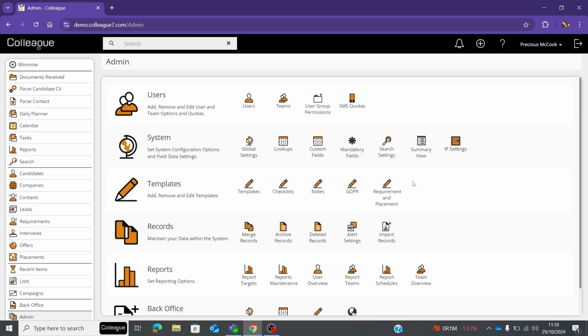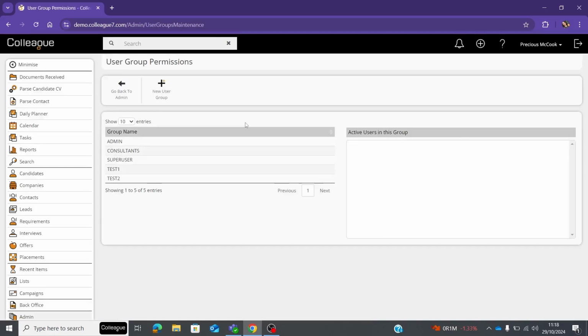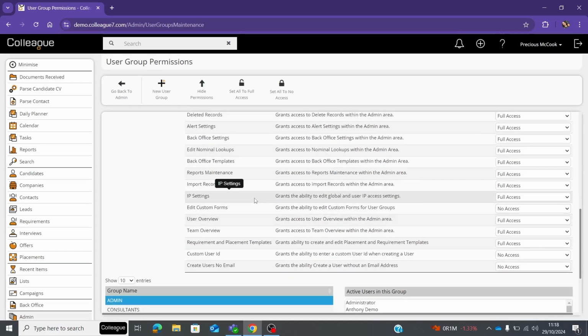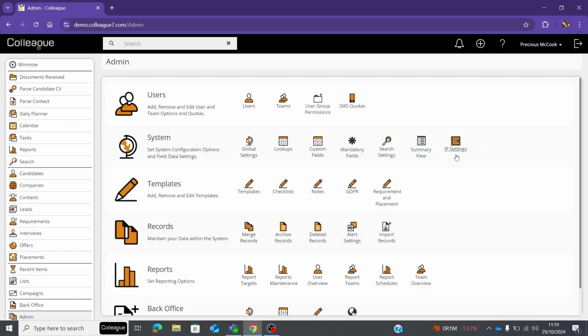So firstly, how you do this is you'd need to make sure the IP settings is all set up within the user group permissions section. So if you select that and go through to where it says admin, and then go down to where it says IP settings and make sure this says full access. Once you've done that, if you head back to the admin section, the IP settings icon will be available to you. So if you select that,